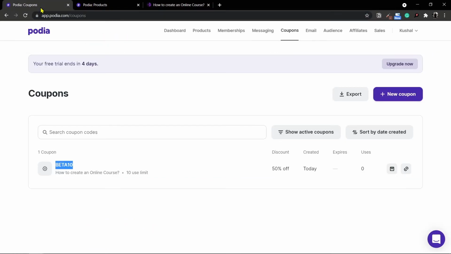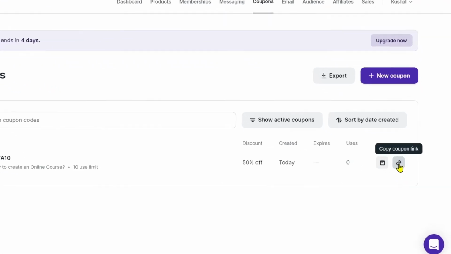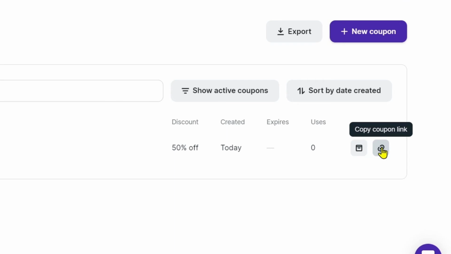However, there is one other way of using this coupon code, that is by providing your audience with a direct link to that coupon. Because what you saw right now was one additional step of giving your users the coupon code, and they have to put in the coupon code. Whenever you are selling your course, make it as easy as possible for your audience to join or to make the payments. The sales process should be seamless with as few steps as possible. That is where using the coupon link comes into play.